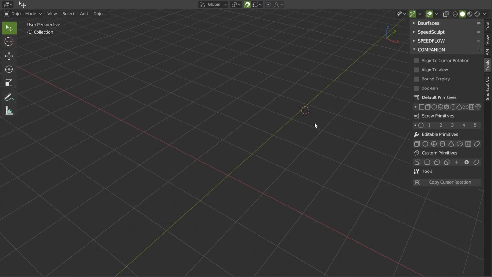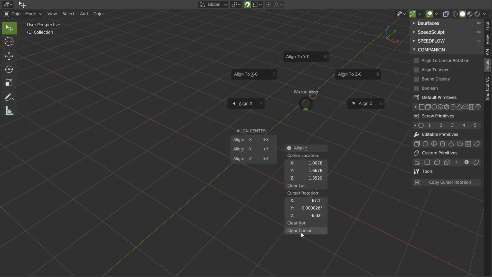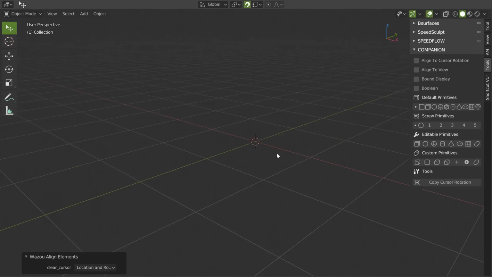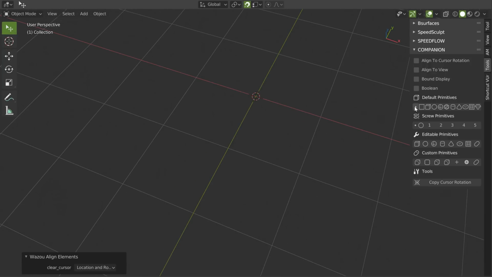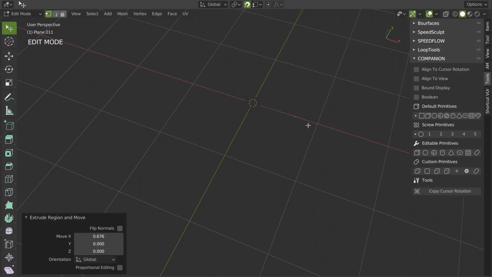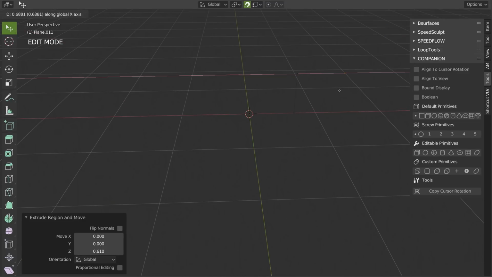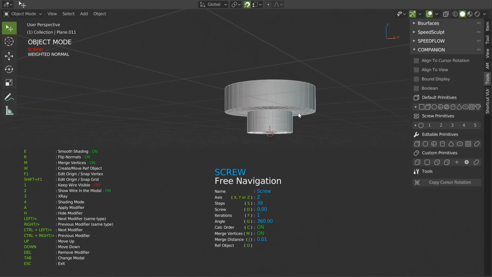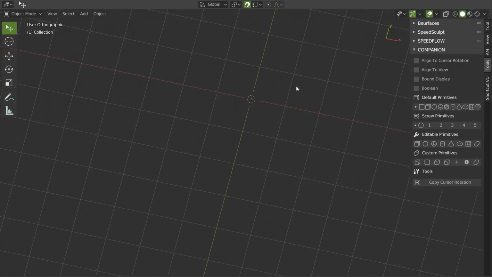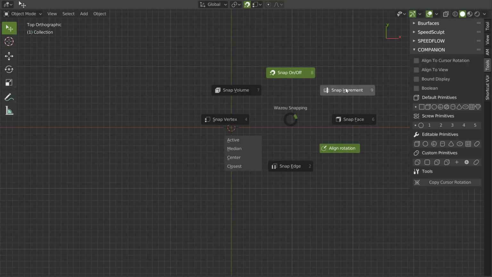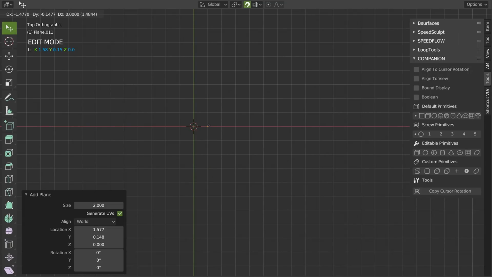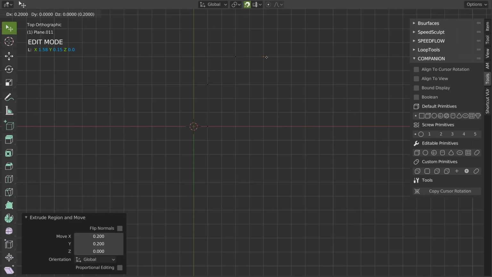And on the default primitives, I added a simple vertex. So what I will do is clear the cursor, like that. That will place my cursor at 0 and clear the rotation and location. And I created this. This is just a single vertex because most of the time I need to create a single vertex, so after I can add a screw like that or not. For example, I will also go into view, activate the snap increment, and after I can press Ctrl and click, and that will move this one. So I can make something like that.